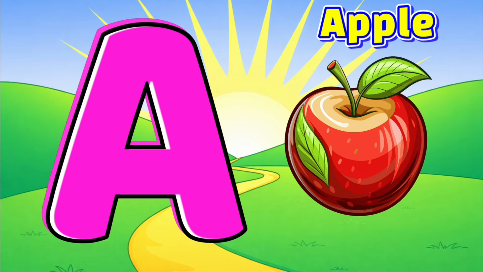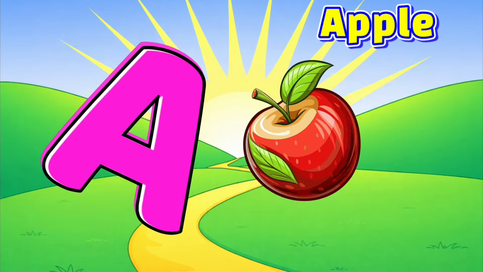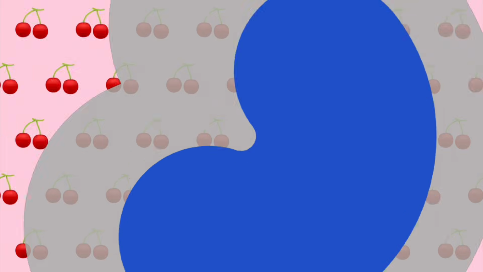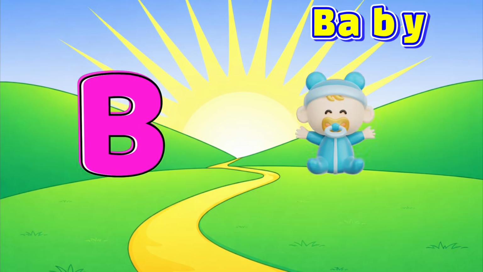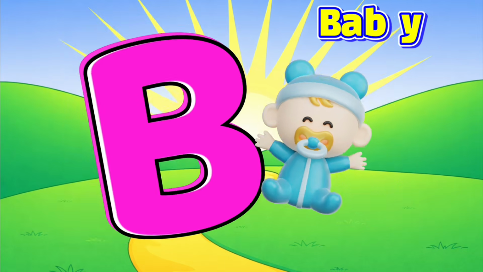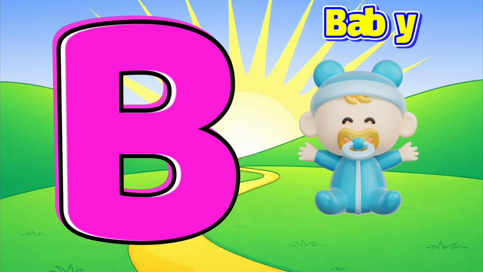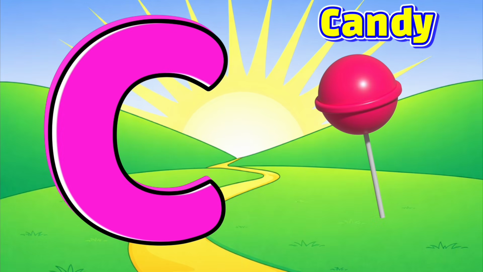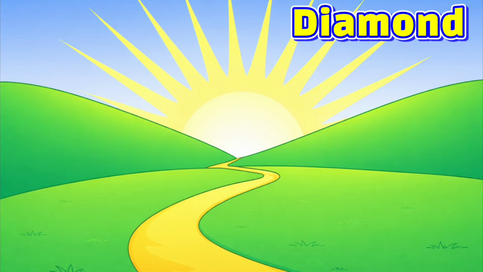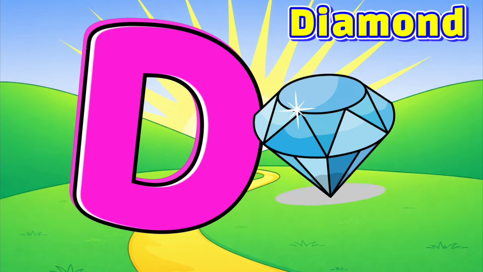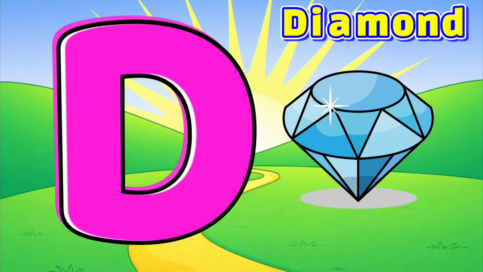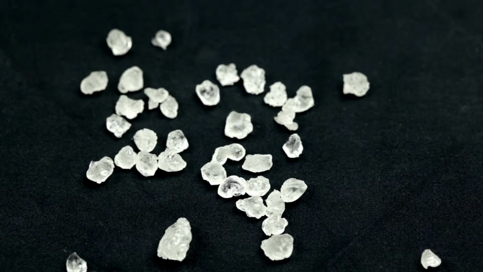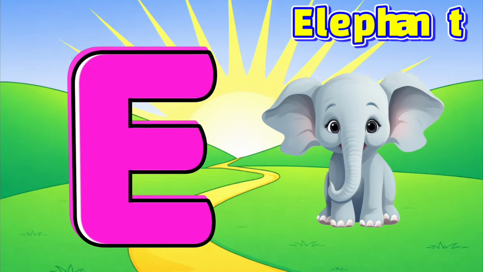A is for apple, apple, apple. Red apple. B is for baby, baby, baby. Small baby. C is for candy, candy, candy. Cool candy. D is for diamond, diamond, diamond. Shine diamond. E is for elephant,